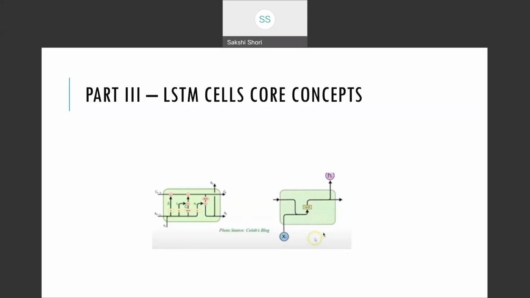Now, about the central idea of the gates, what are gates based off of? Gates are used to control the flow of information in and out of the memory. A gate is a sigmoid neural net layer that is followed by a point-wise multiplication operator, as discussed before. They are controlled by a concatenation of the output from the previous time step and the current input, and operationally a cell state vector. So this basically describes the cell state of the LSTM neural network or cell.